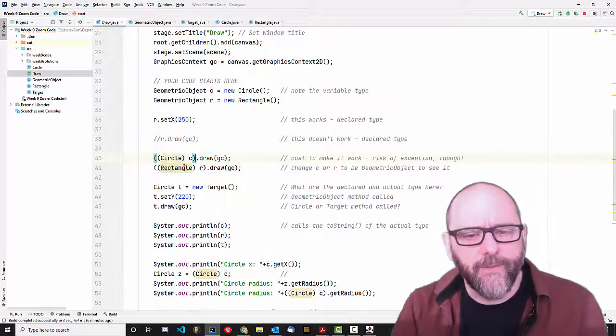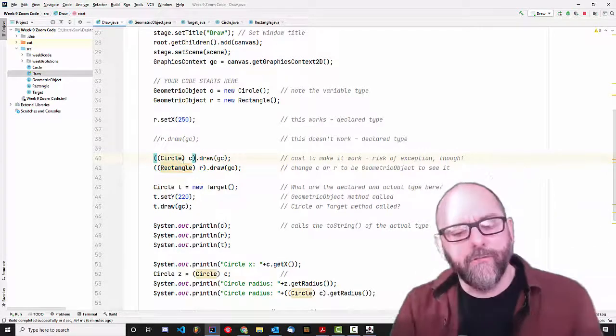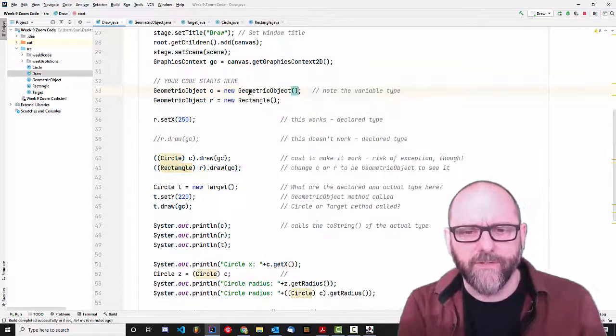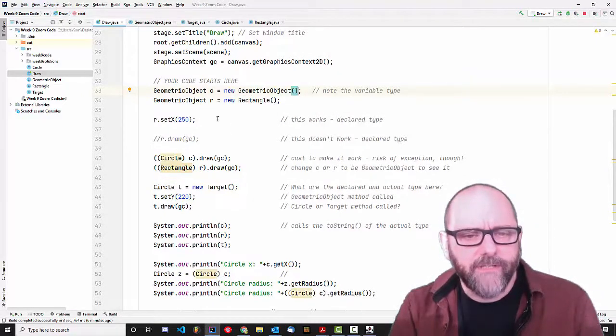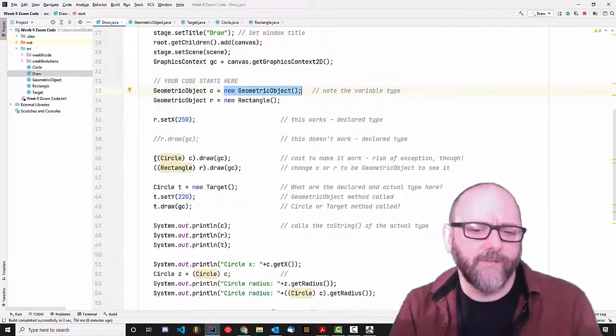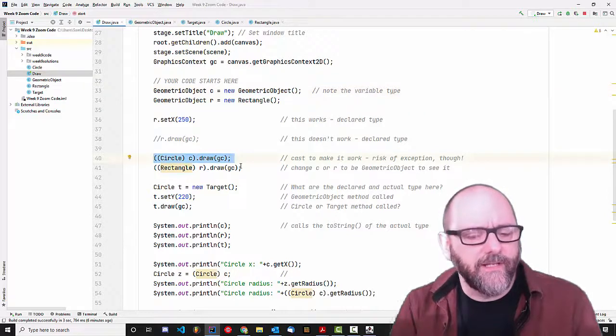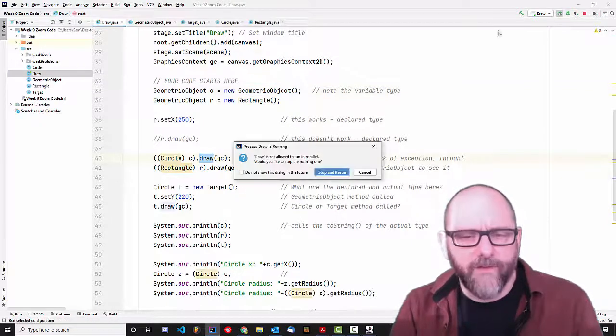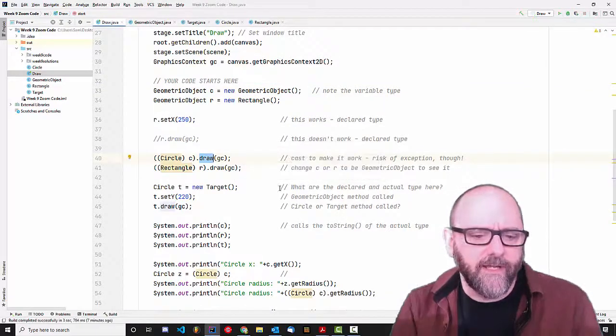Now this can cause problems because you can create runtime errors here. So for example, if I replace this with geometric object, so now c its declared type is geometric object. Its actual type is also geometric object. Notice this is still being allowed. I'm casting it as a circle, even though it's not actually a circle. I'm trying to call the draw method, and what this causes is an exception,